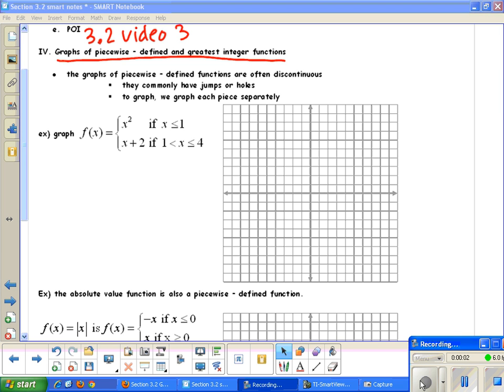3.2 continue. This is video number 3 where we're going to talk about graphs of piecewise defined functions and greatest integer functions. Now remember, a piecewise defined graph is a function that has many different rules for your graph. Now for this we have, for the first one, f of x is equal to x squared